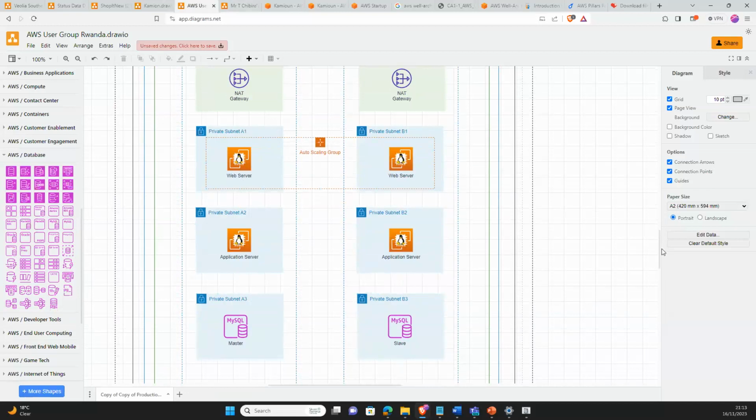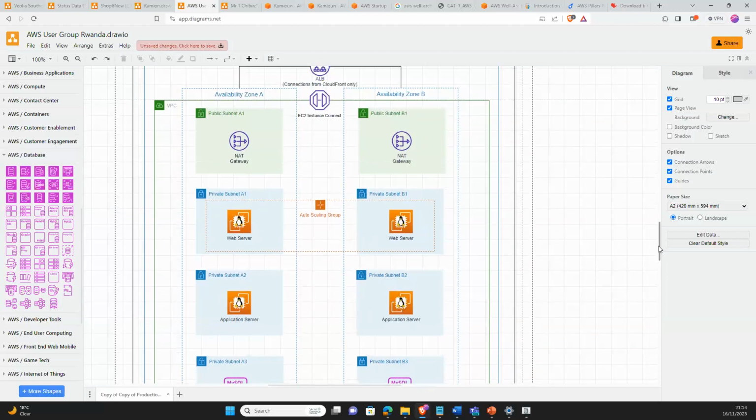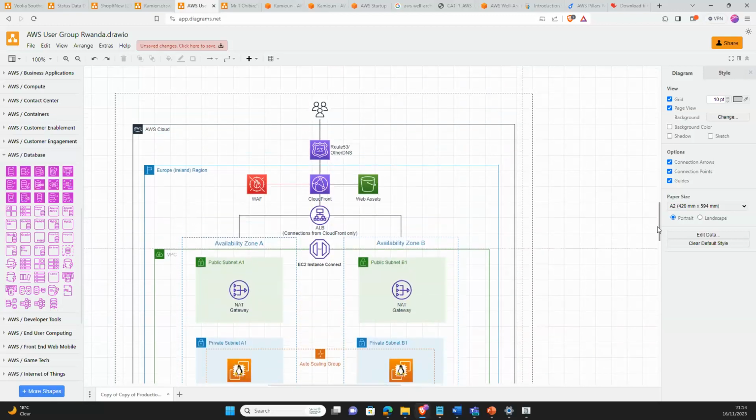As you can see, we have the web server in an EC2 instance, we have the application server in an EC2 instance, and we have the data layer, which is the database running on RDS MySQL. So I want us to have a discussion around this architecture and see if it is really built according to the 6 pillars of the well-architected framework.